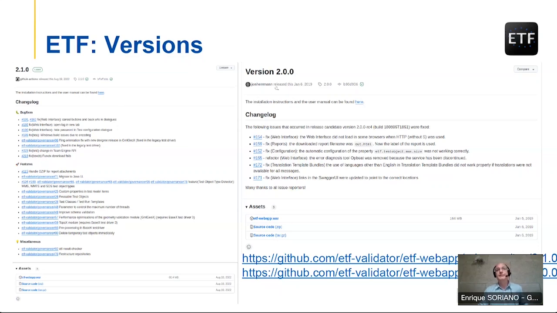For the INSPIRE Reference Validator, we are using a 2.0 version, which has some enhancements that have been contributed. Some of them have been provided to the 2.1 version, but not all of them, because the 2.1 version includes a little bit more functionality, of enhancements. And this 2.0 version for the INSPIRE Reference Validator is adapted to specific needs that were not covered by the